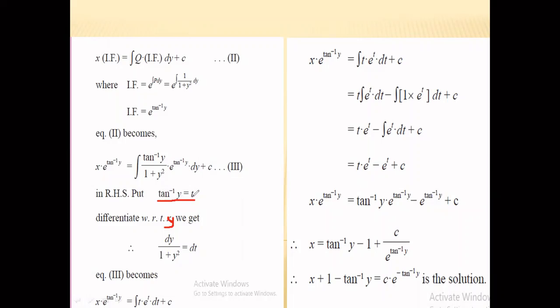So you simply get tan inverse y means it is t, so you get t, the e raised to power t, and the value of dy upon 1 plus y square वो कितना हो गया dt. So you simply get the function t e raised to power t dt plus c. But when you see this t e raised to power t dt, it is the product of two functions, so we can apply integration by parts. Okay, so the first function is algebraic, the second one is the exponential, so it is in the sequence. LIATE wala rule hai. So when we apply the integration by parts, first term as it is, integral of second, minus the integral of derivative of first into integral of second dt plus c. This is integration by parts.